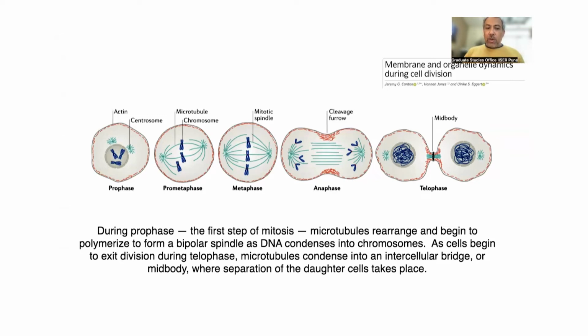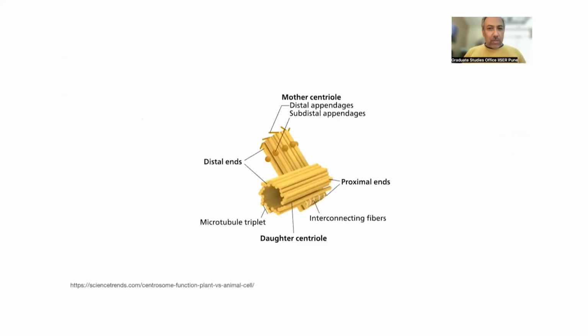As cells begin to exit division during telophase, microtubules also condense into an intercellular bridge or mid-body when separation of the daughter cells takes place. This is one of the major changes that are taking place, with microtubules. A lot of this, as I mentioned, is initiated by the division of the centrioles, right? And the daughter centriole actually branches out from the parent centriole, and then makes a daughter centriole, and then the